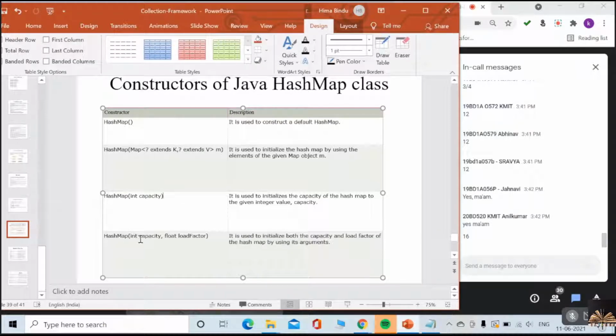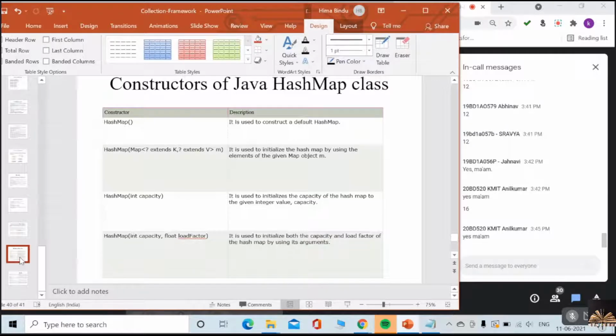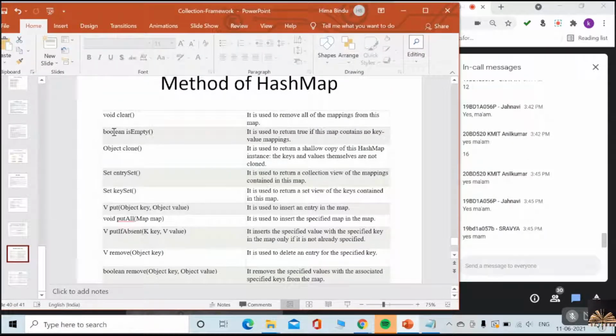And the final and last HashMap constructor takes two parameters. One is the capacity and the other is the load factor. That is the customized choice. You can define your own capacity and give your own load factor. Like this also you can create the hash map. Understood now, guys? Did all of you understand all the four constructors of the HashMap class? Yes, right. Very good.